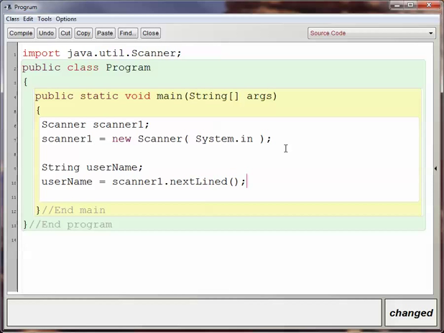Now my username variable will have the value of whatever they type in. Now before I do this, I really should ask them what their name is. So up here I'm going to put System.out.println, what is your name, in quotation marks,